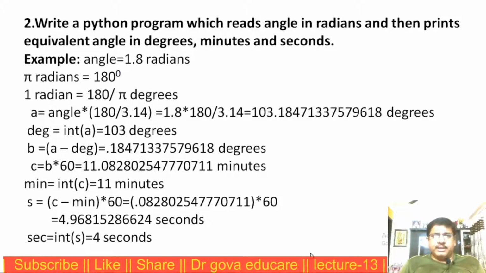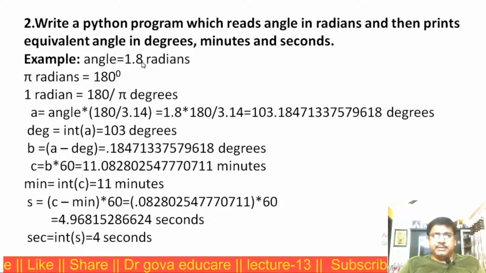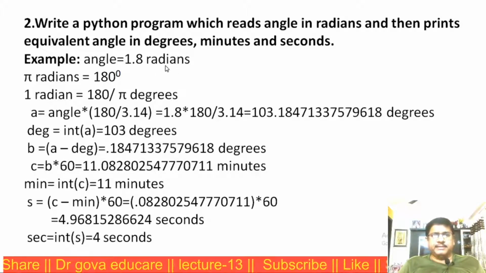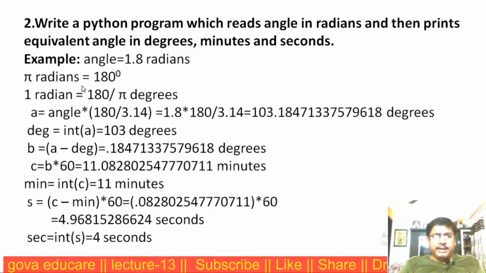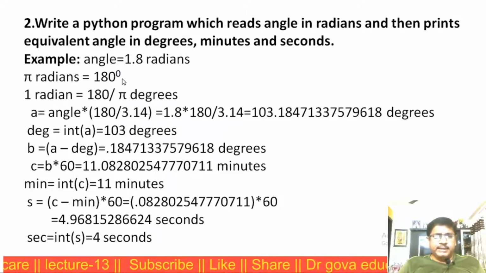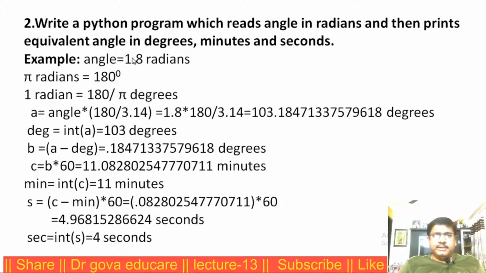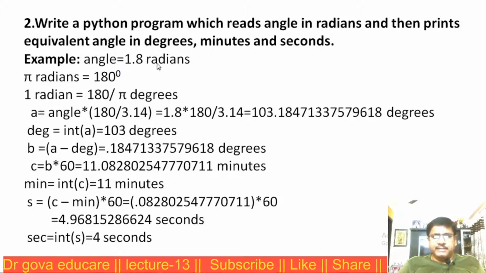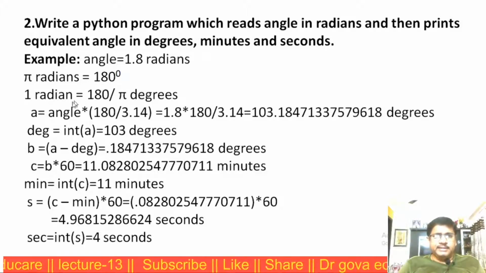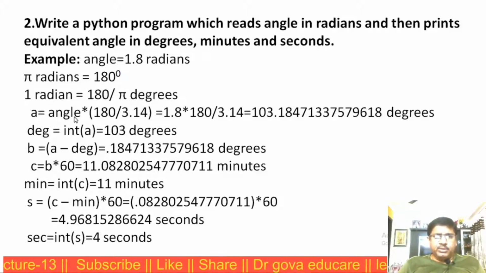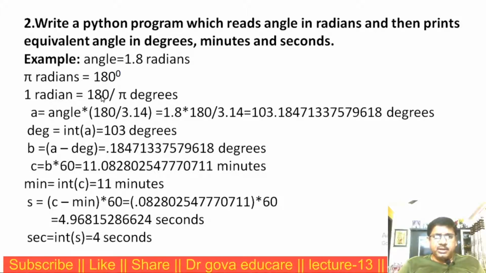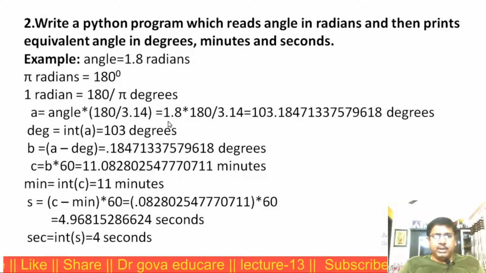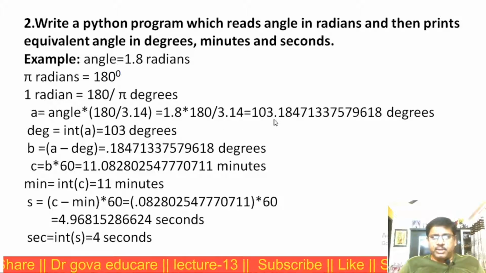Now assuming the angle is 1.8 radians. We know pi radians is equal to 180 degrees. Now I want to convert this angle into degrees. Now a is equal to angle star 180 by pi. We get this value